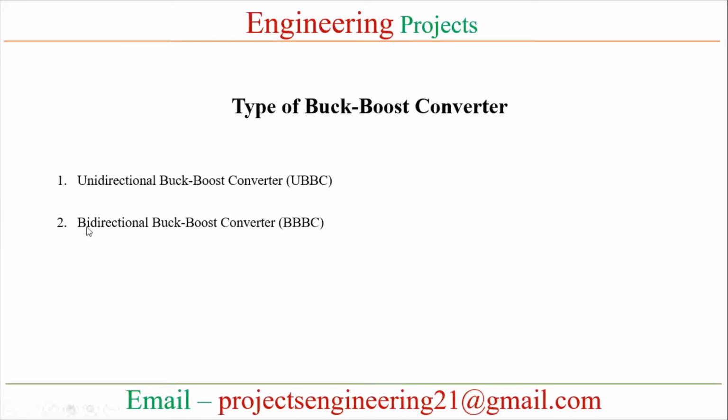In the bidirectional buck boost converter, one side voltage is greater than the second side voltage, and the second side voltage is always less than the first side voltage. For example, if the right side voltage is high and the left side voltage is low, then always the left side voltage is low and the right side voltage is high. It means your electricity flows in bidirectional mode. The unidirectional buck boost converter is used with renewable energy sources, whereas the bidirectional buck boost converter is basically used for motor drives where regenerative braking is used.